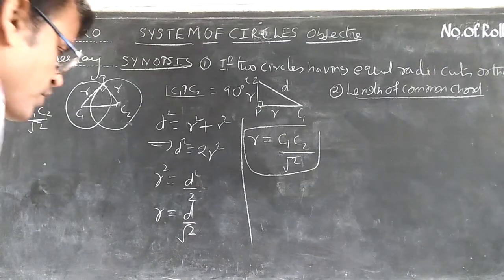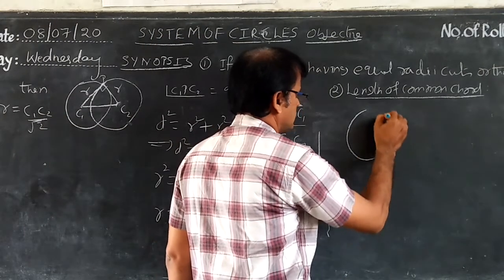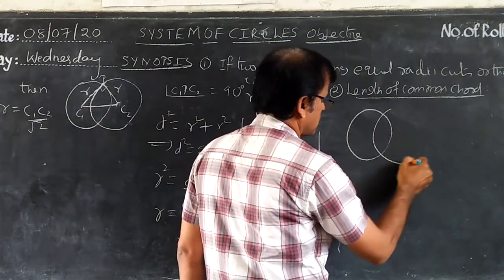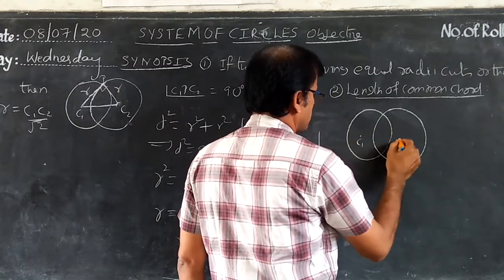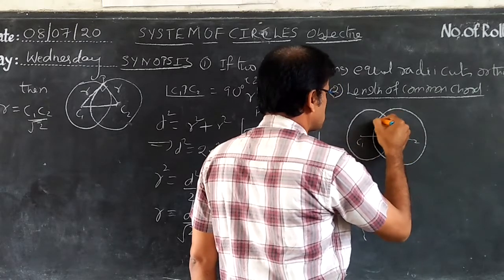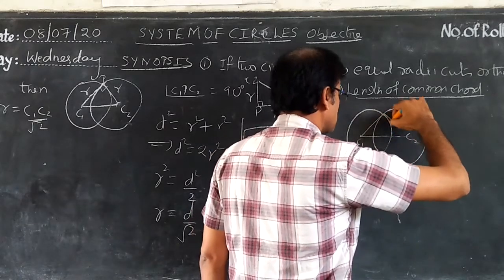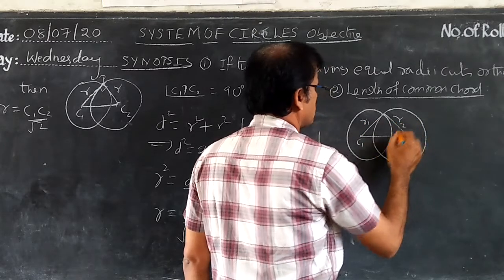Let us consider intersecting circles. Put here C1, put here C2. This is the line joining C1C2. Draw like this. This is R1 and